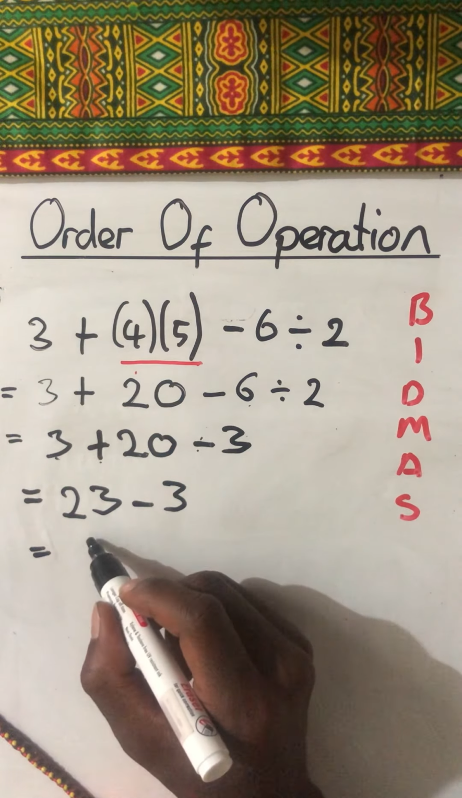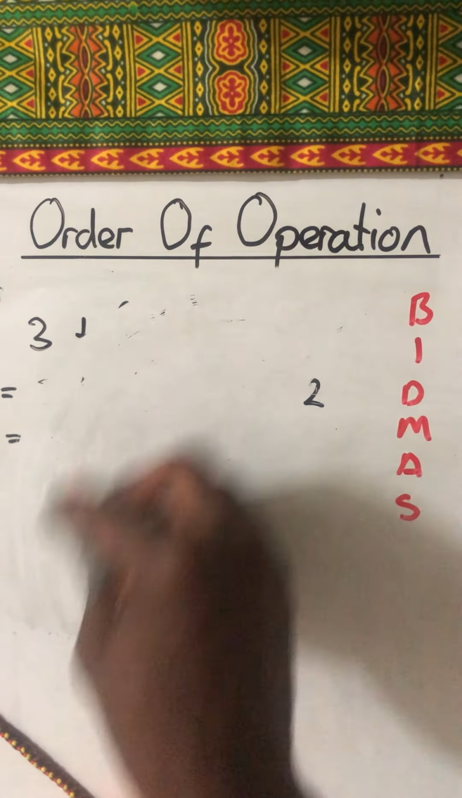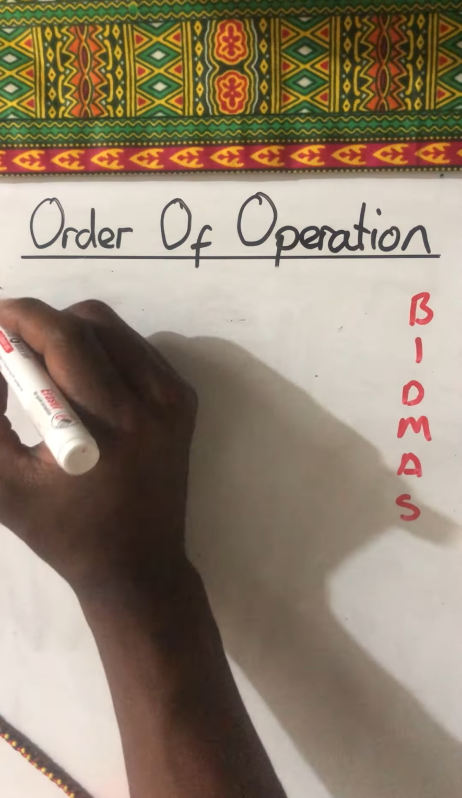23 minus 3 gives us 3. And that will be our final answer. Okay, shall we look at another example, so you have a proper grasp of what I'm talking about here? Right, let's look at another one where we have